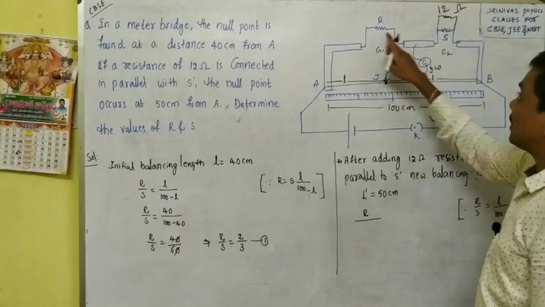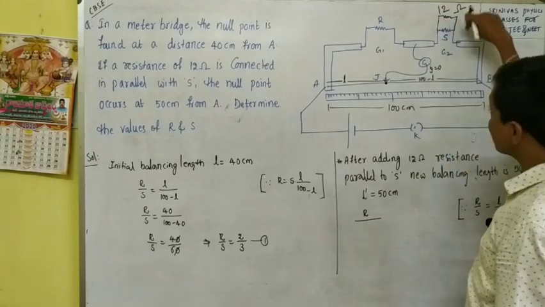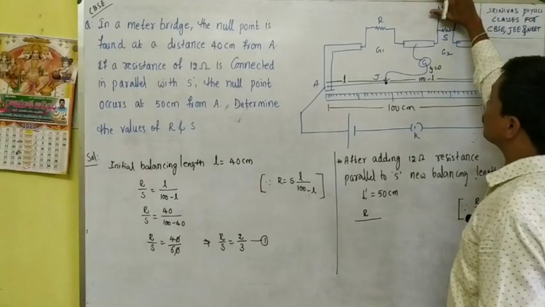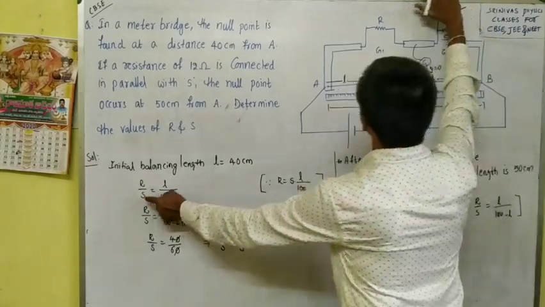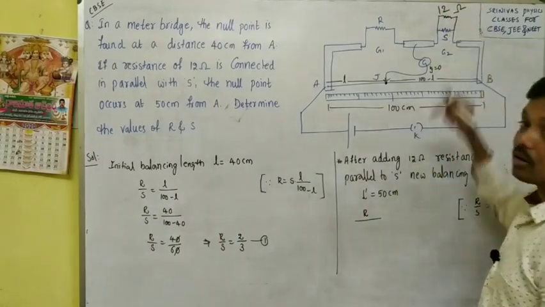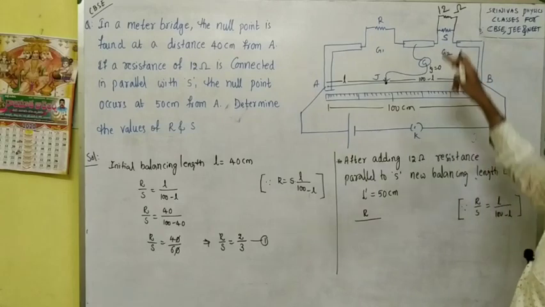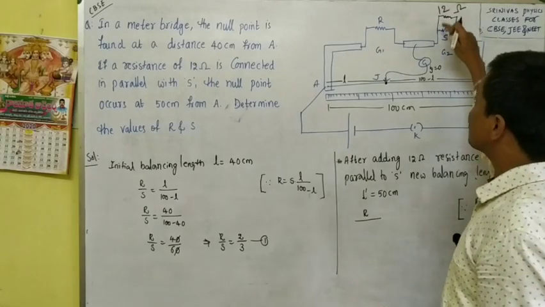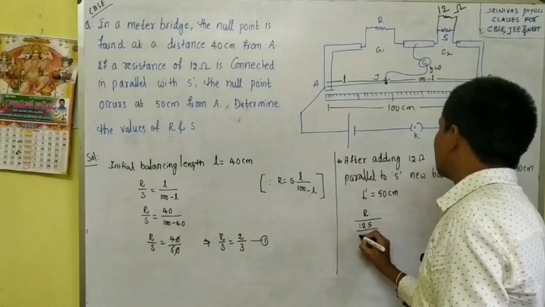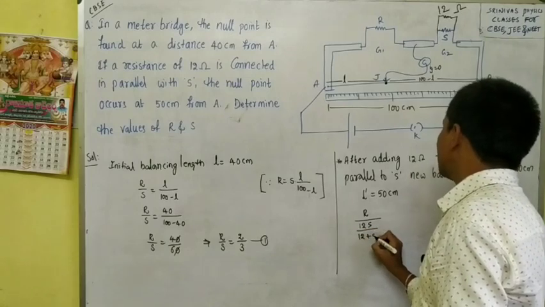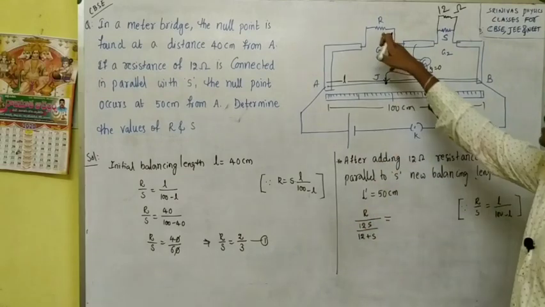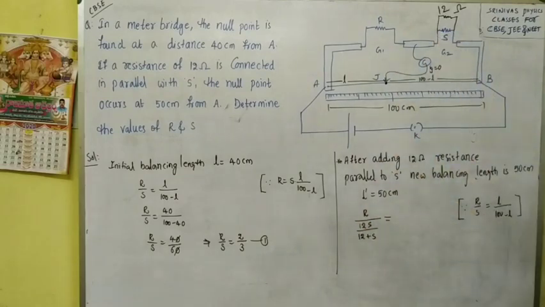When there is no 12, the right side resistance is only S. But here the 12 ohm is connected in parallel, so the effective resistance of the parallel combination is R1 R2 by R1 plus R2, that is, 12 into S by 12 plus S. So R by S, left side resistance by right side resistance, is equal to